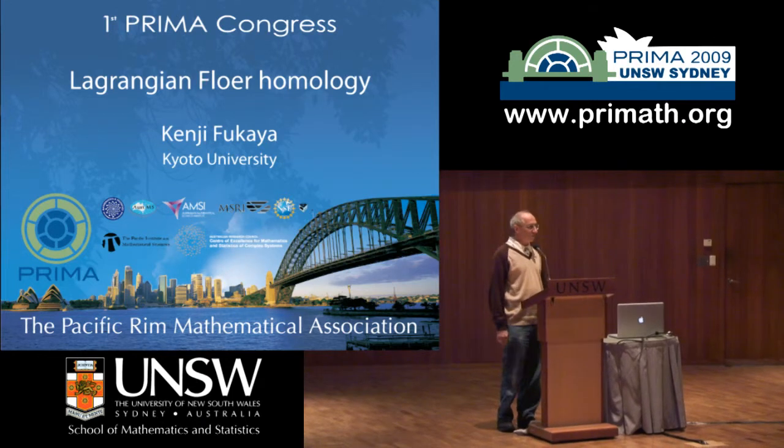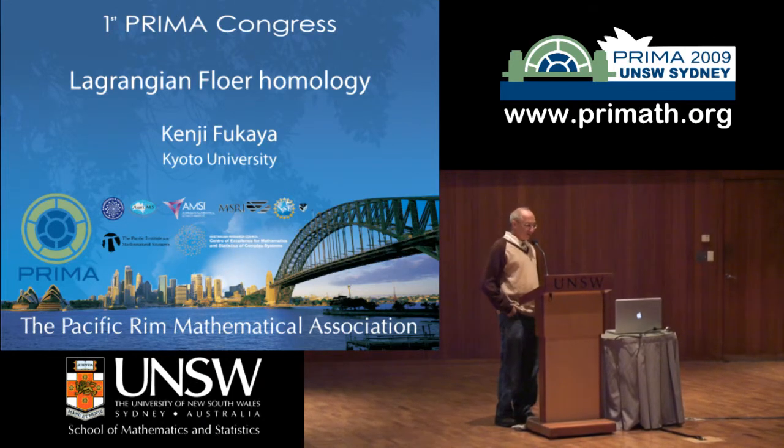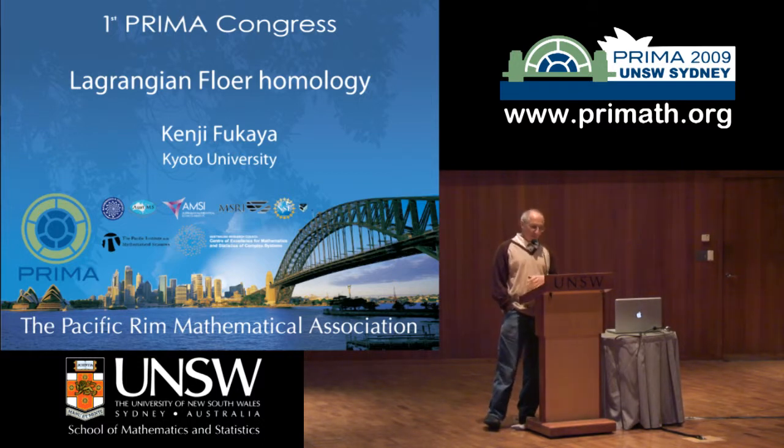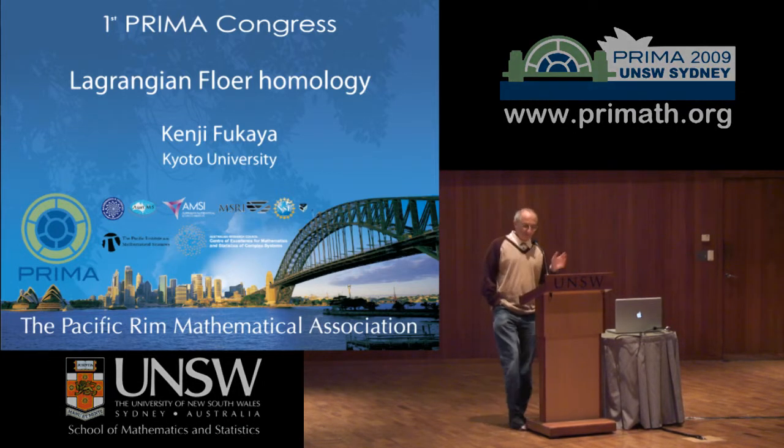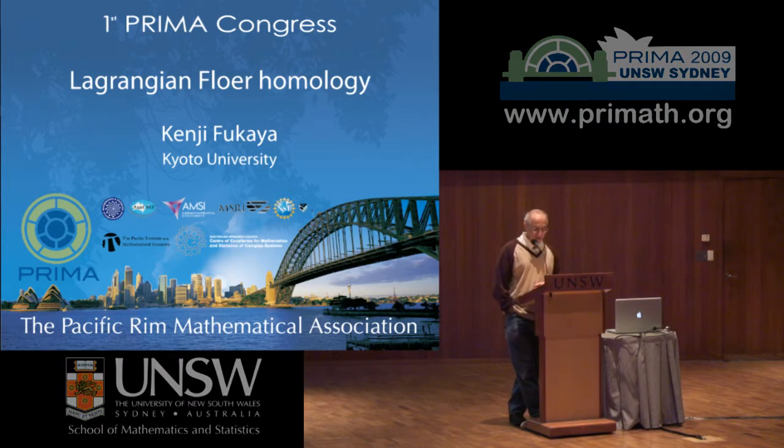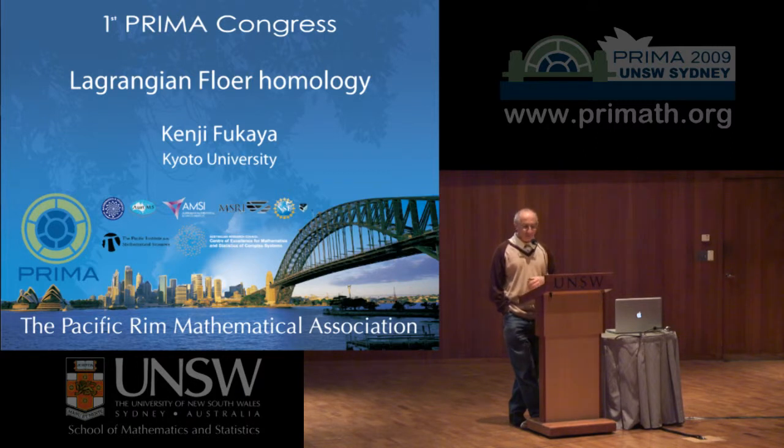I'm happy to introduce Professor Fukaya. He graduated from University of Tokyo in 1982, and he made several fundamental discoveries in Riemannian geometry, gauge theory before moving to symplectic geometry. One of his most famous contributions there is the joint proof with Kaoru Ono of the Arnold conjecture, and one of the main subjects of